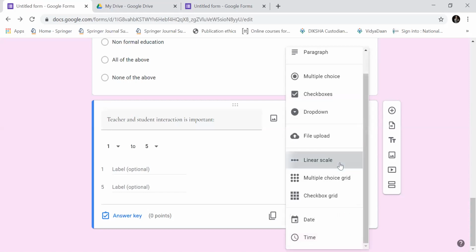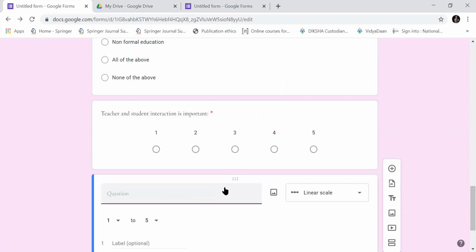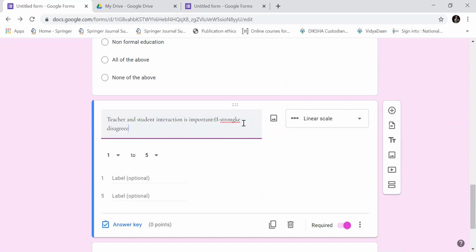So you can write here from highest to lowest, or you can write 1 is for strongly disagree, and 5 is strongly agree.